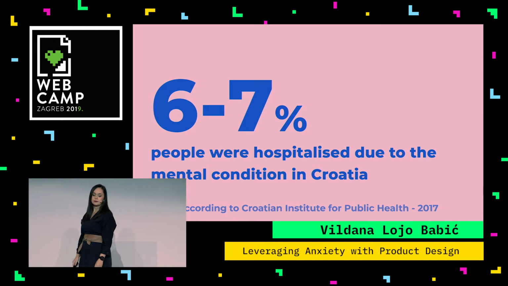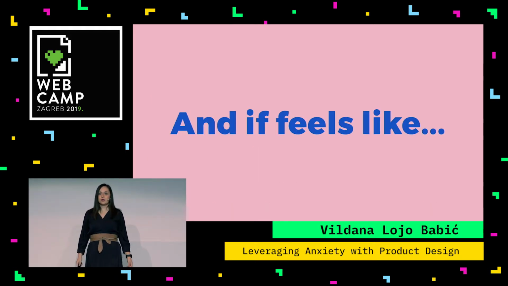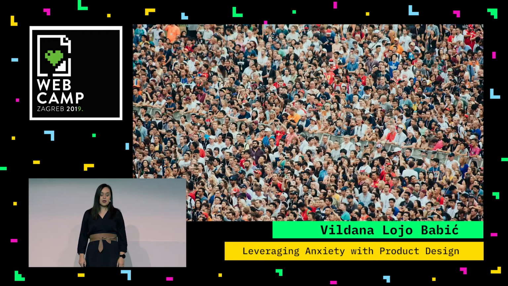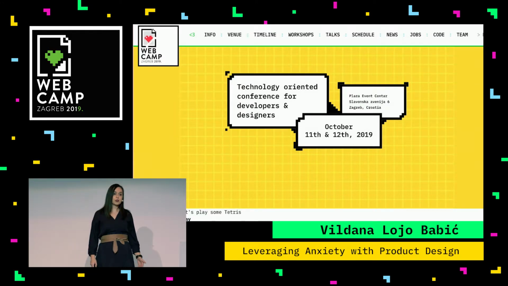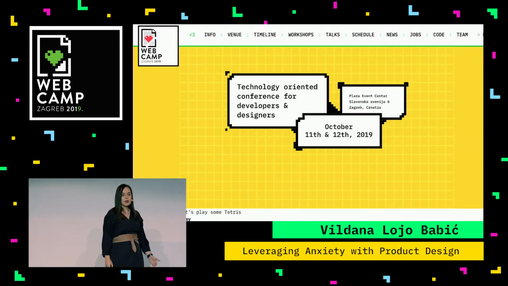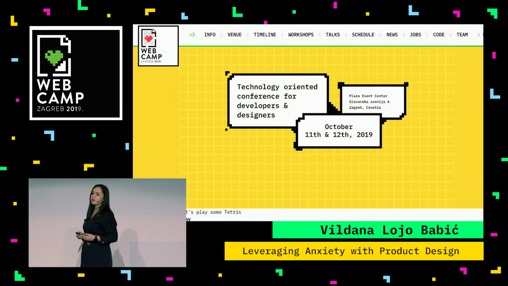And this is quite important information for us because we do need to focus on design for accessibility. And how does it feel to be anxious? It actually feels like you have to pay attention to all of the buttons, elements, animated GIFs, and everything, because if you don't pay attention, something bad is going to happen. Or if a person who uses our product or app has depression, they're going to feel the world more darkly, and their sense for contrast and color is going to shift to more grayish tones. And they're going to see our beautiful website from this conference like this.